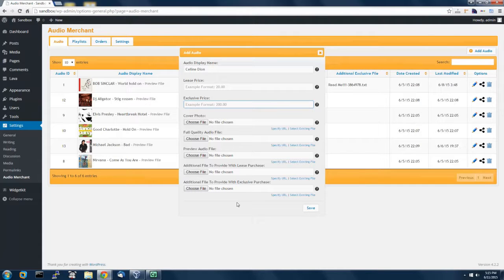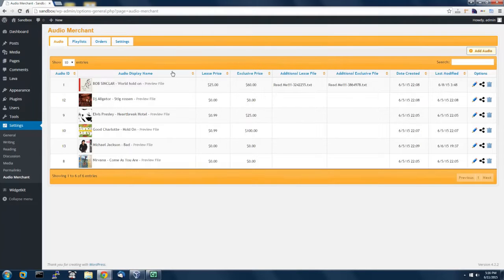And then once you supply all that, you can click save here, and that will basically add your audio file to the system, to this page here. And once you've added your audio file, then what you can do is click share here. There's a little share icon next to each audio file, and if you click the share button here,